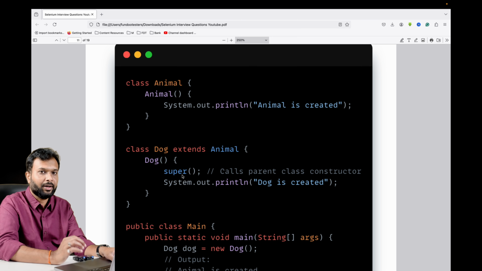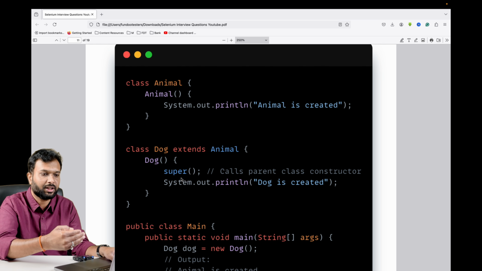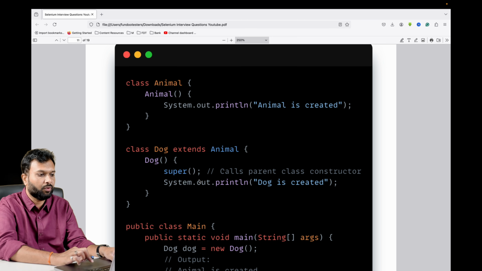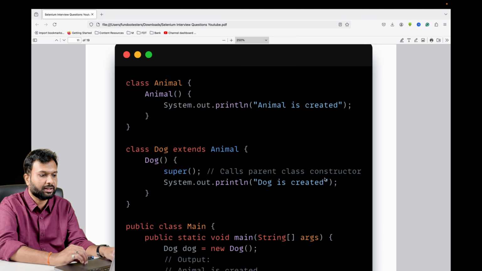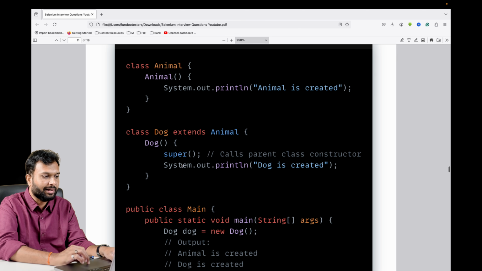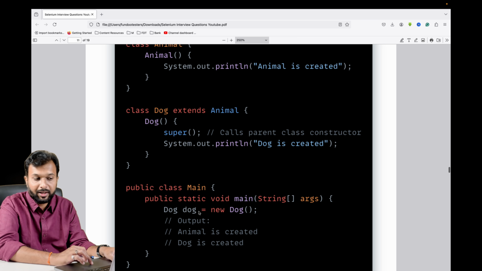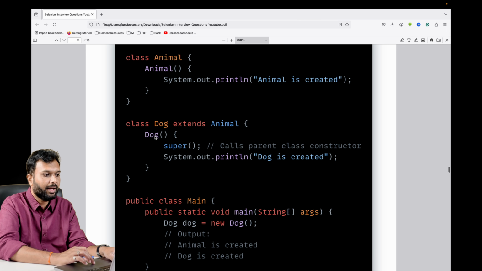If I need to call a method of the same class, I need to use the this keyword. But if I want to call a super class constructor, or a parent class constructor, then I need to use the super keyword, which calls the parent class constructor. Whenever I run this code, execution starts from the main method, then goes to the child class constructor, and here I am calling the parent class. So again, my execution